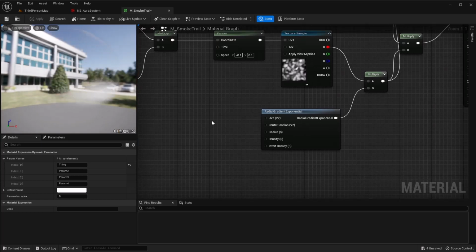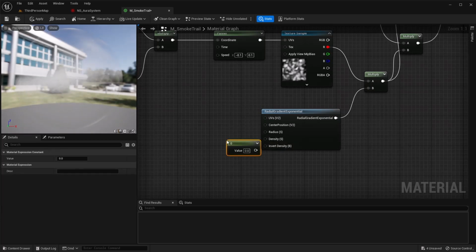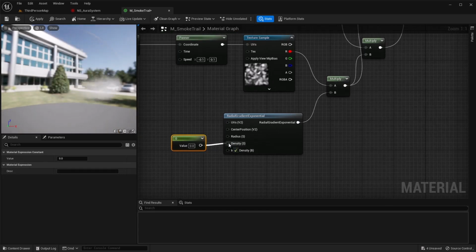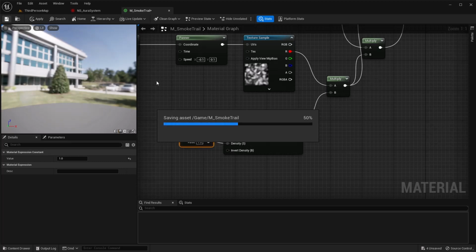And the next thing that we're going to want to do is change the density here. And this is a number that we'll have to play with as we go as well to see what we want. Plug that into your density. And for now, I want to set it to 0.5. I may actually just leave it at 1, and we'll come back and see if we want to affect that in any way based on what we see in our system.